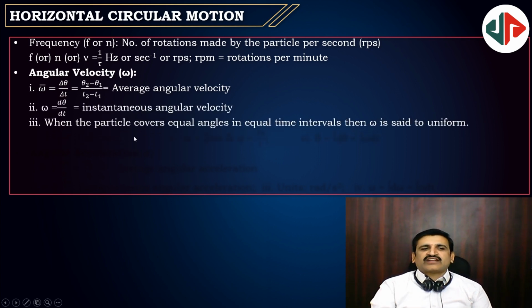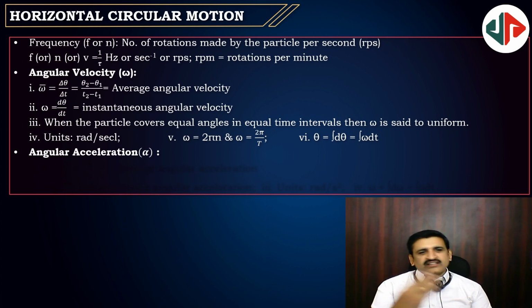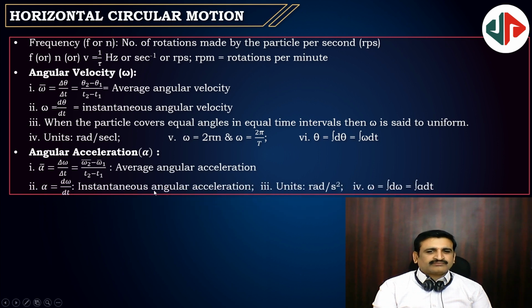Just like linear motion, angular motion will come. When the particle covers equal angles in equal intervals of time, that is uniform angular velocity. And omega is equal to 2 pi n, where n is frequency, and omega is 2 pi by T, where T is the time period. These two are very important for other things, and the unit is radians per second. And displacement theta equals the integral of d theta, equal to omega into dt. These things will help you in solving problems. Angular acceleration is the same: average angular acceleration, instantaneous angular acceleration, and the units are radians per second square. You can pause and observe, no problem. Next,